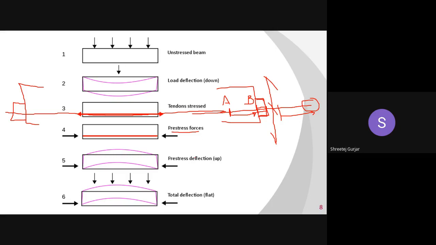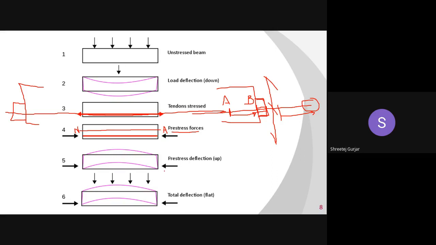Okay, so what that does is, when we compress, suppose you have a large rubber eraser that you have seen. When you compress it from both the sides, it tends to deflect upwards. Why it deflects upwards is because we have applied a pre-stress below your neutral axis. Suppose, see in the fourth figure, I am drawing a neutral axis here. So this is a neutral axis. So when your tendon is below this neutral axis, and when it compresses, automatically what your beam does is it deflects upwards, and it takes this shape.